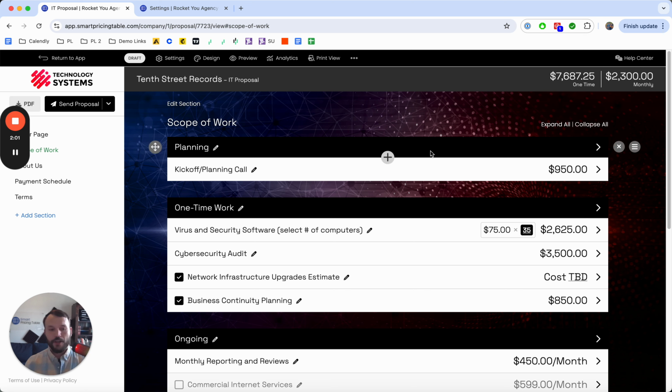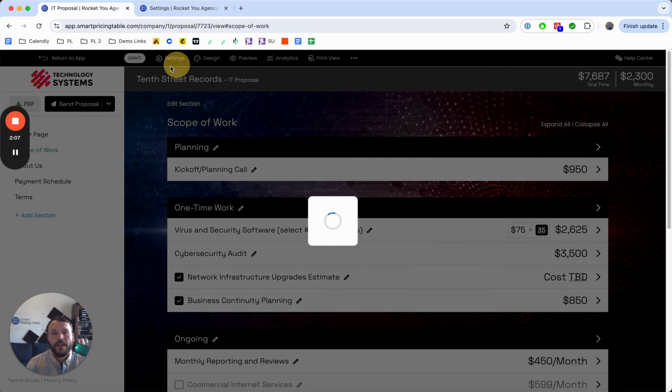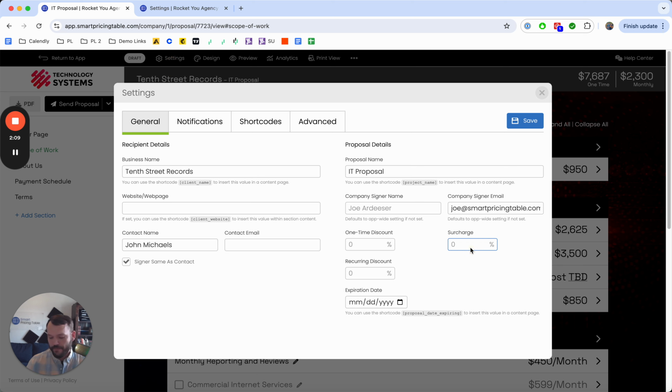Okay, surcharge. Did you know that you could inflate the price of your proposal by a certain percentage? This is the surcharge feature right here. And let's say maybe you've got a risky project or a high maintenance customer. Every 20-minute meeting turns into a couple hours. This feature can really give you a little bit of room. You can see it's at